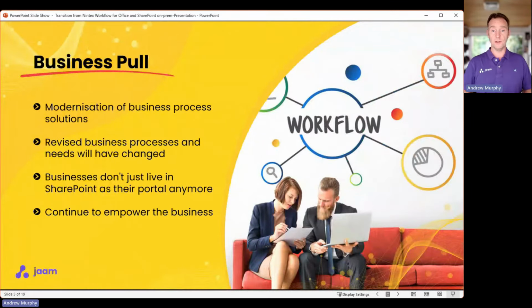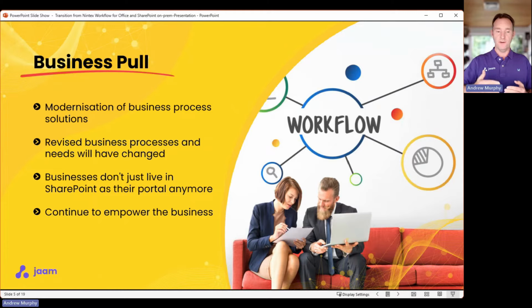So businesses themselves have been modernizing their business processes over the last X number of years. And in particular, over the last couple of years, as these new technologies come online, we've got AI that's sitting there that's supporting us. People are looking at how their processes are actually running and how they're being used. And in addition to wanting to change business processes, you're probably sitting in a case where some of the workflows that you have created for the business actually are not being used as they were designed for,